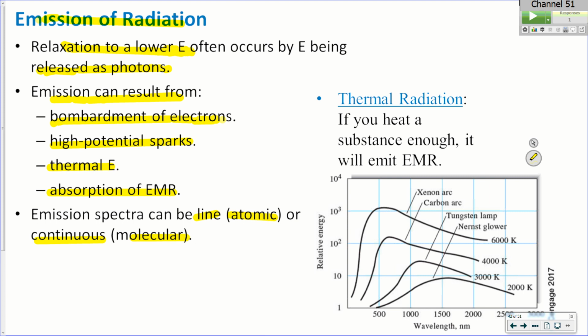One of the ways that we look at how things emit energy off is with thermal radiation. If you take any substance and if you heat it enough, it's going to start glowing. Typically we're used to seeing something like an electric stovetop burner glow red. Well, that's emission of thermal radiation. There's enough heat produced by ohmic heating, electric current flowing through that heater element, that it causes that metal to reach a high enough temperature that the electrons are being excited to a higher state and they're emitting light back off.